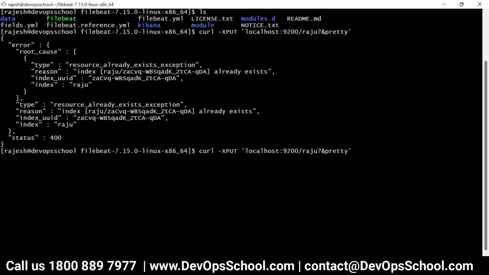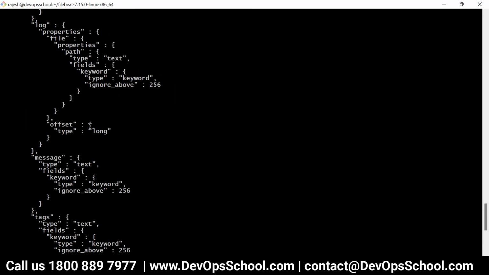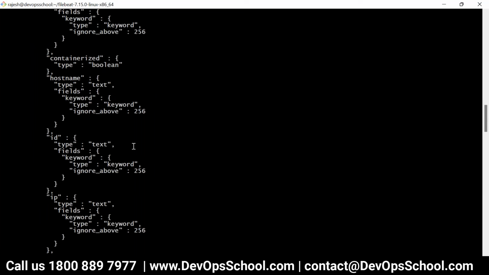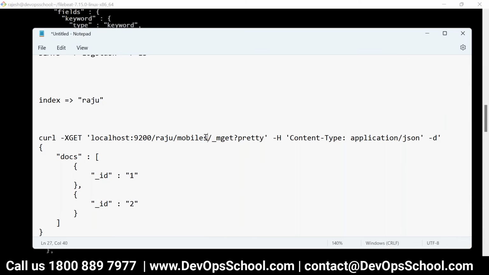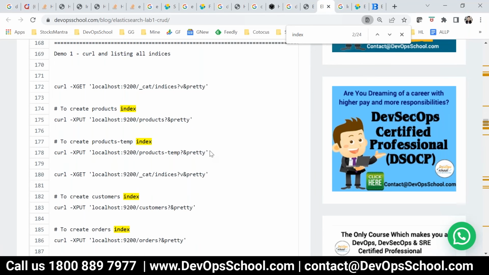So get, see, put is not right, get. So here, what are the documents? See here, type is text. I got it. So all these types are text. Okay, so here what I'm going to do: Raju index, type is text. Now after that, I want to see the document ID. So how do we get it? For that,